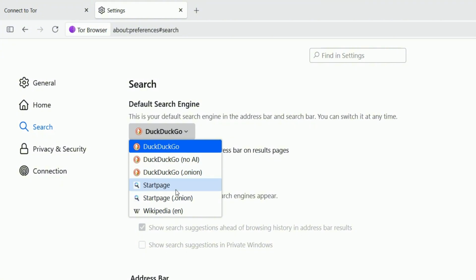Startpage is another privacy-focused search engine that acts as a middle layer between you and Google results. It offers more traditional search results while still reducing direct tracking. In some configurations, Startpage also supports Onion routing access for additional privacy. Wikipedia is the simplest option. Instead of general web search, it directly searches Wikipedia articles, making it useful for research, definitions, and factual information, but